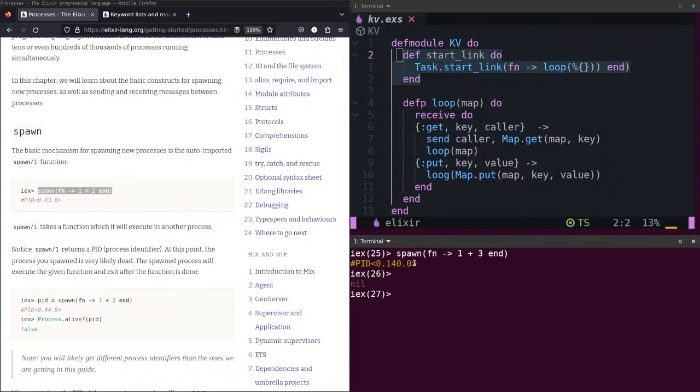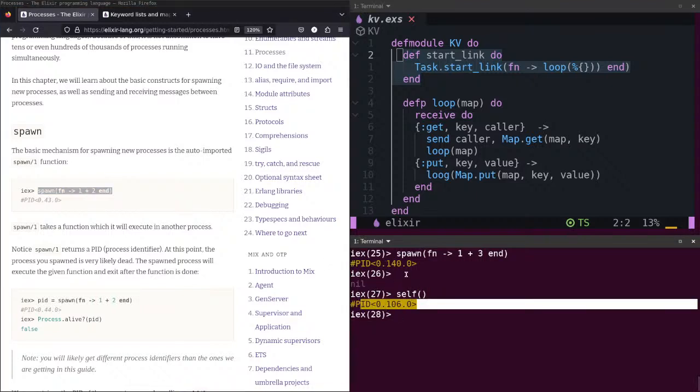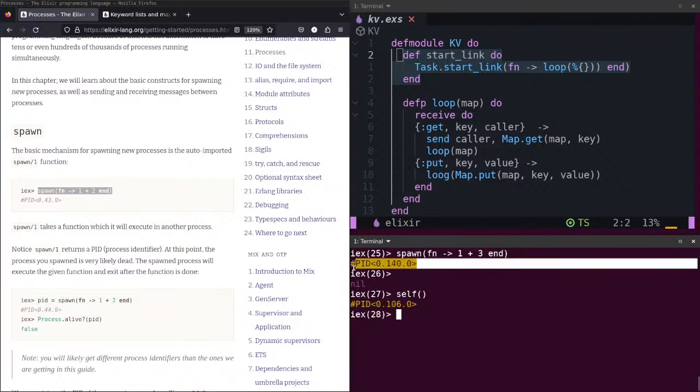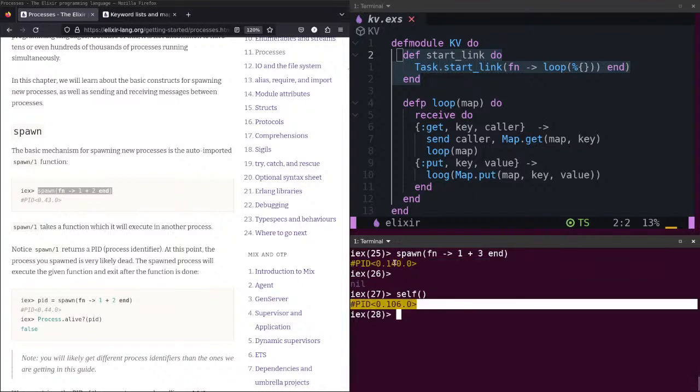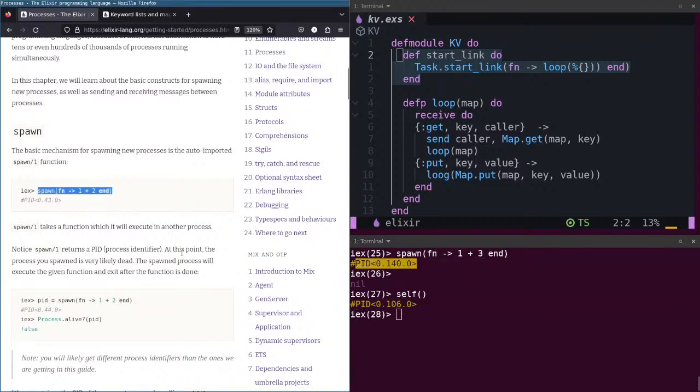It returns a new PID, process ID. Self is my current PID. I have two processes here. Okay, two processes.